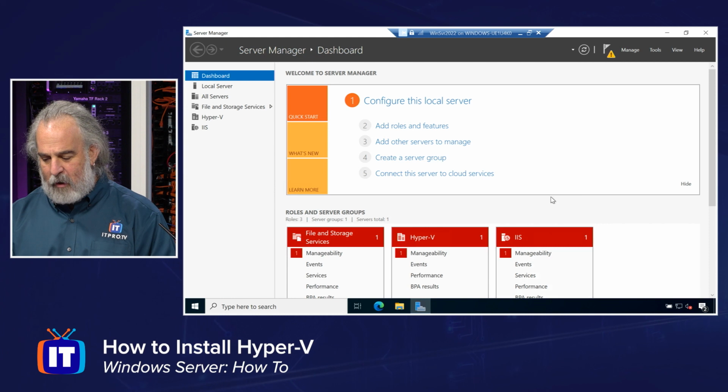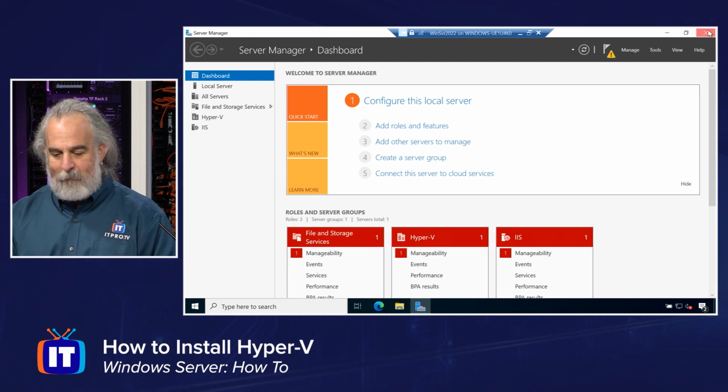We're going to click close. We're going to go ahead and minimize this. And what we're going to do is the following. I'm going to restart the VM just to show you that it will come up and be ready to go, but it's going to take a couple of minutes. So what we're going to do is start that process.